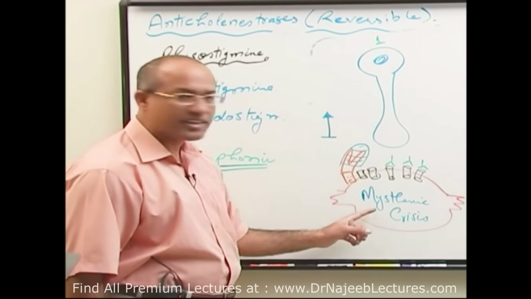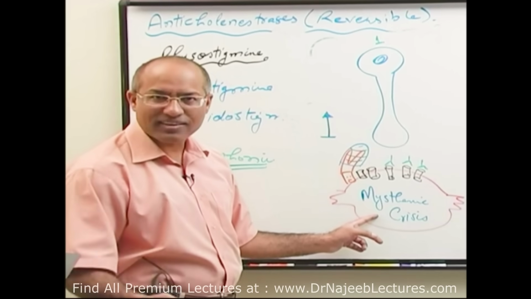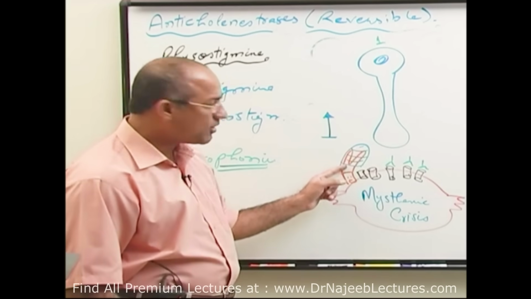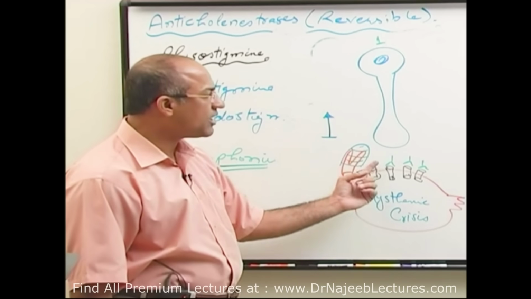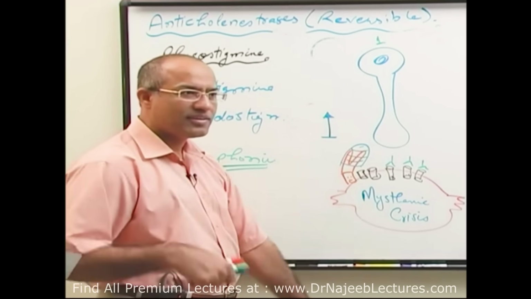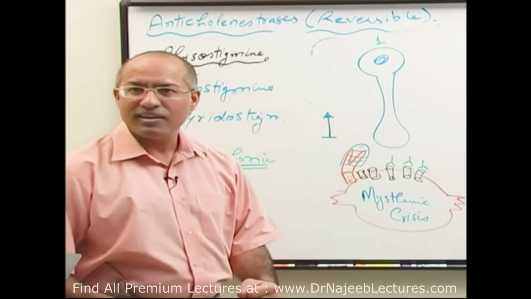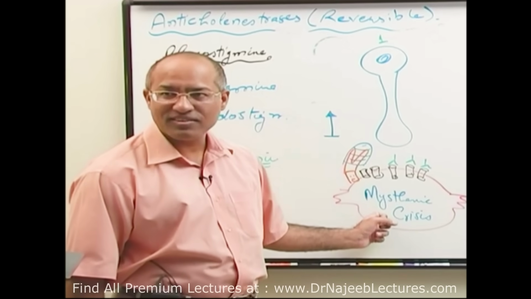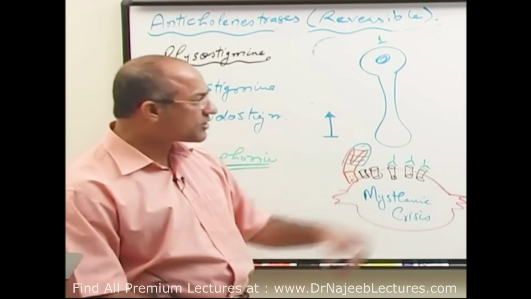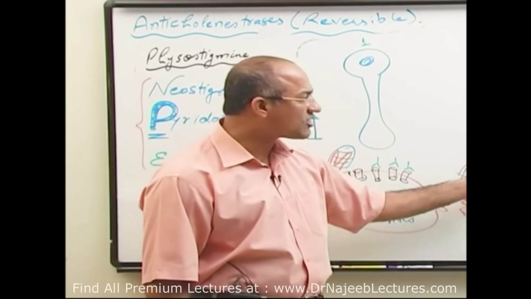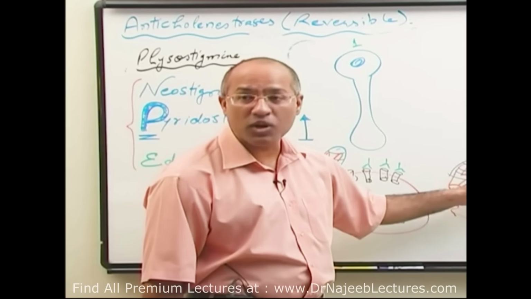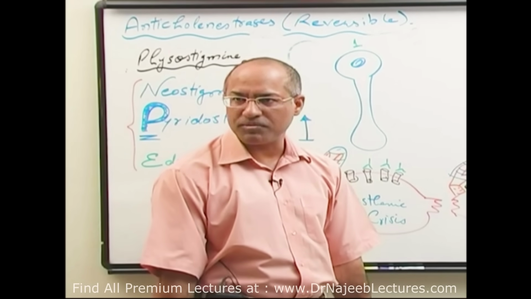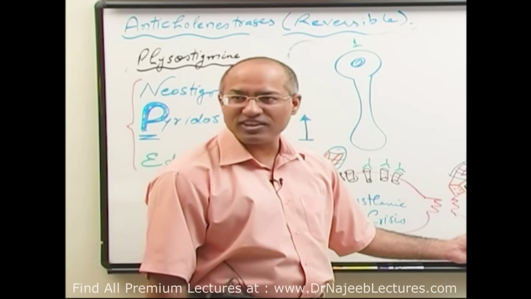If myasthenic crisis is the underlying problem, you inject the edrophonium, right? It will suddenly further inhibit the enzymes, acetylcholine will rapidly go up and muscles will start working better. So if the patient's power improves after edrophonium, right, which crisis was it? Myasthenic crisis. And if after the edrophonium, acetylcholine was already excessive, it becomes far more excessive, and whatever little power he had, he developed worsening of the signs and symptoms. Then what was it? Cholinergic crisis.